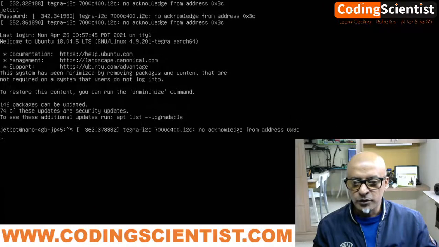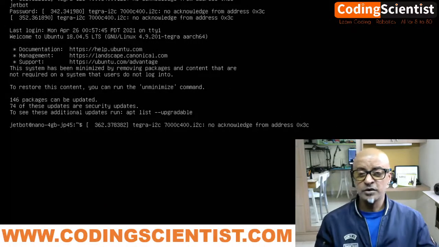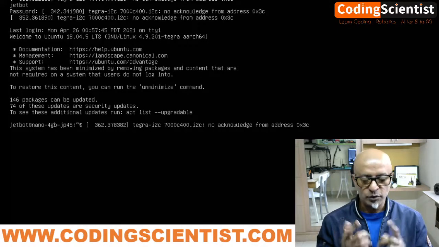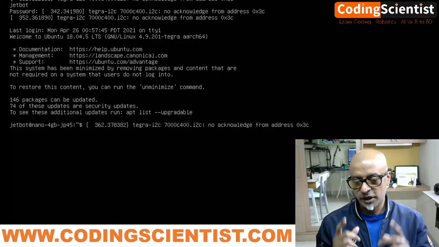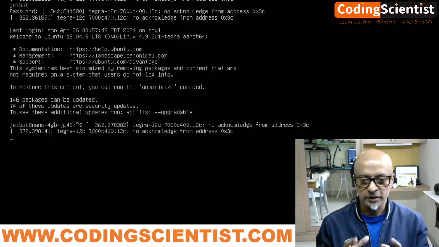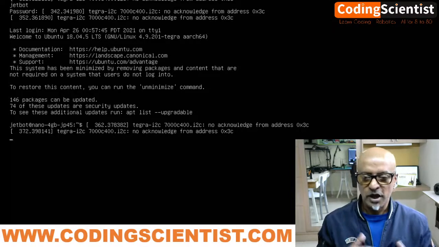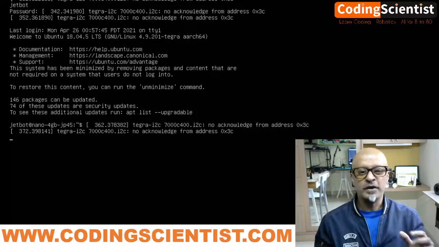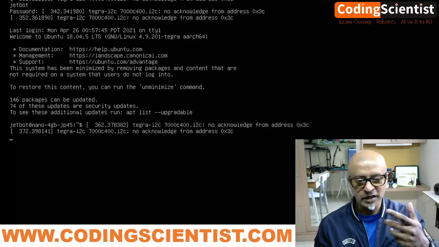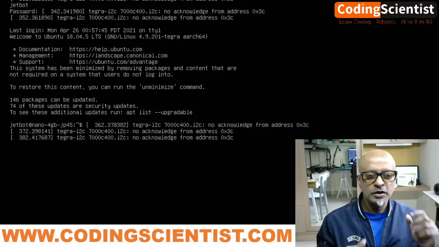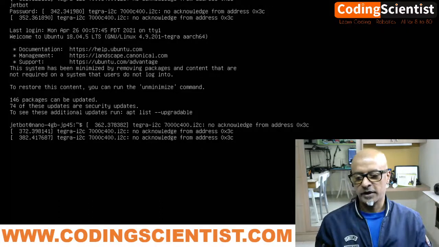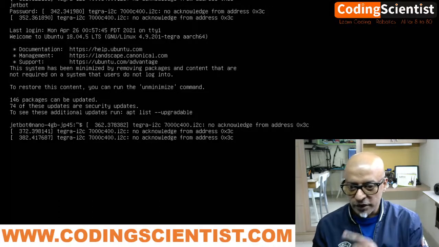Now what we need to do, we need to connect the JetBot to your LAN network, to your Wi-Fi network. So guys, remember, you got to have a Wi-Fi, right? It's not going to work with a wired network. No, you need to have your Wi-Fi. So keep your Wi-Fi SSID, your Wi-Fi signal name, and the password to log into your Wi-Fi. Okay, so I am going to log into my Wi-Fi.